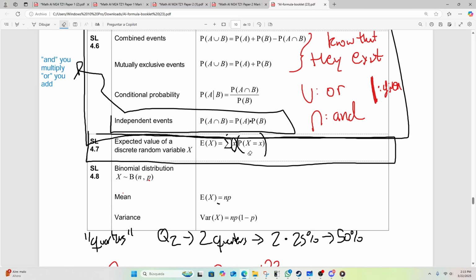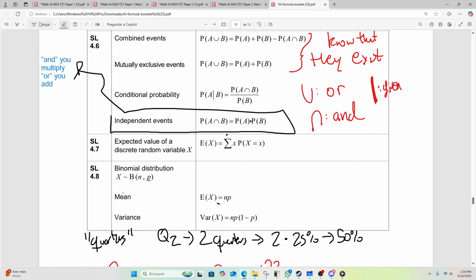The probability of your thing multiplied by the amount of times it's happening. For example, let's try to keep it simple. Let's say that the probability of heads or tails is 1/2. So heads is a probability of 1/2. Let's say I flip, I don't know, 10 coins. So what should I expect? How many heads should we be getting? We should be getting 5. And for you, it's kind of obvious. Sorry, 10 coins, you flip each of them once. On average, you're going to end up with 5 heads.